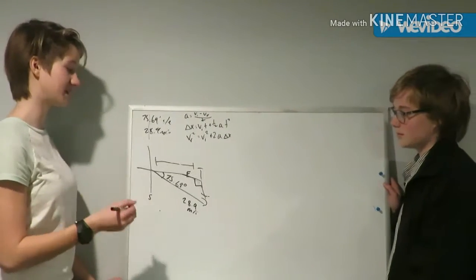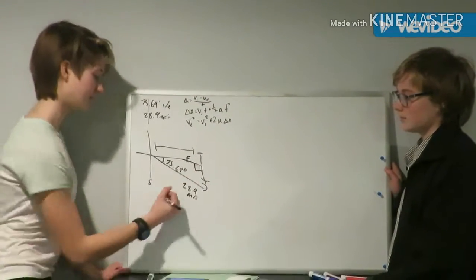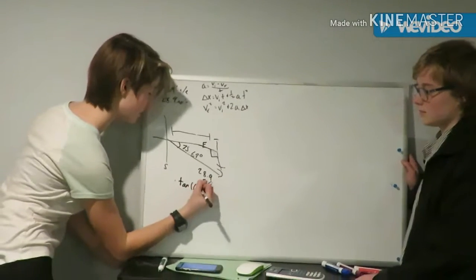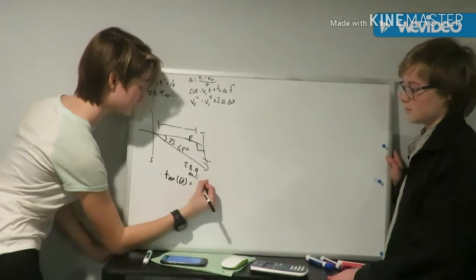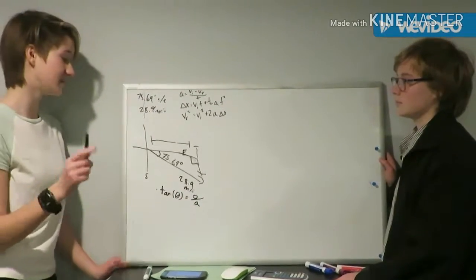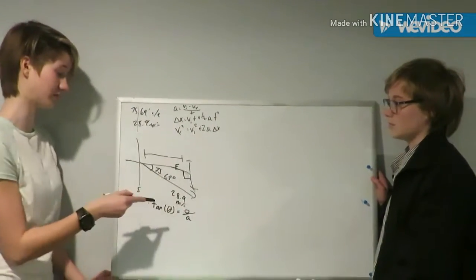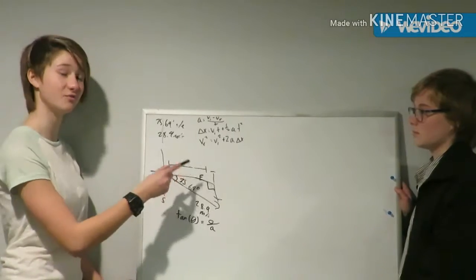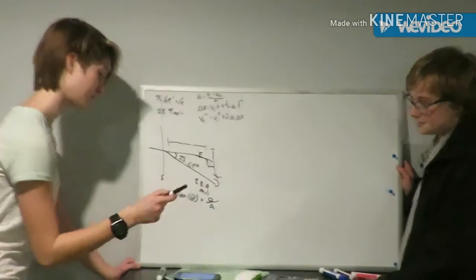A vector can be represented as a right triangle, as seen here. The tangent of an angle in a right triangle is equivalent to the side length of the opposite over the side length of the adjacent. Since the opposite side length is equal to the vertical component and the adjacent is equivalent to the horizontal component, all we have to do to determine the